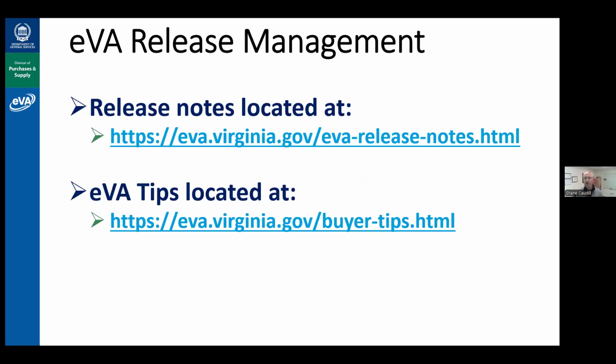If you are one who likes to read through every little single thing we do, including data warehouse stuff and things that maybe are more operational in nature and going on behind the scenes, you can always go check out those release notes. There's the link that it's located at. And then eVA tips, we're big fans of these tips. There's all sorts of stuff out there for the buying community and your suppliers on the various features and functions